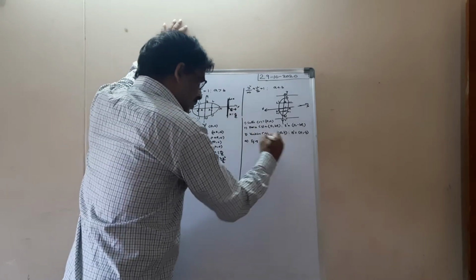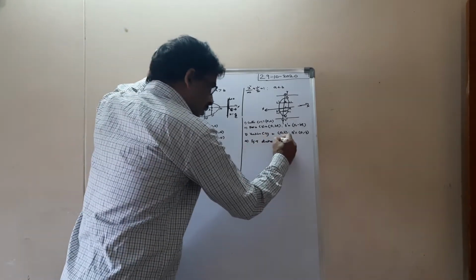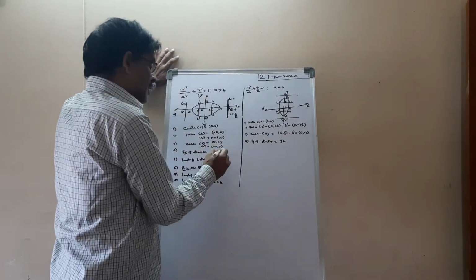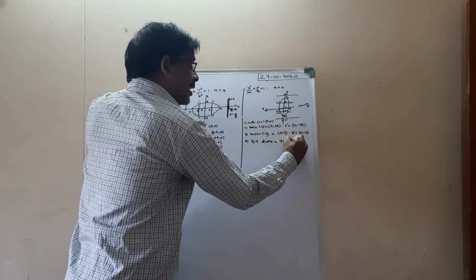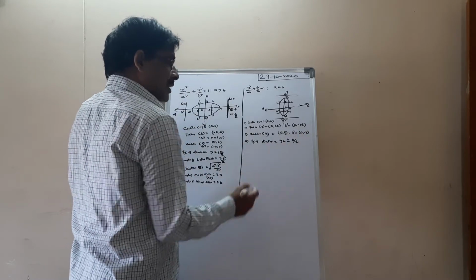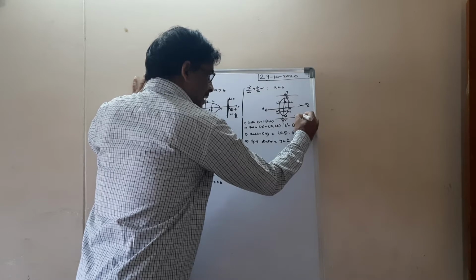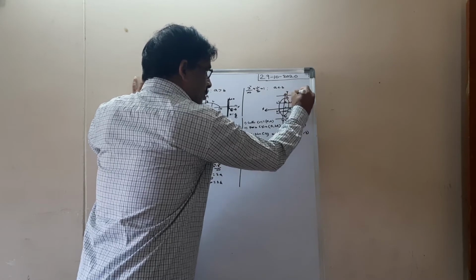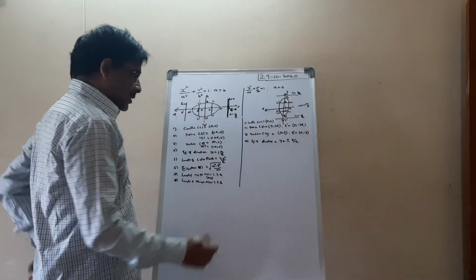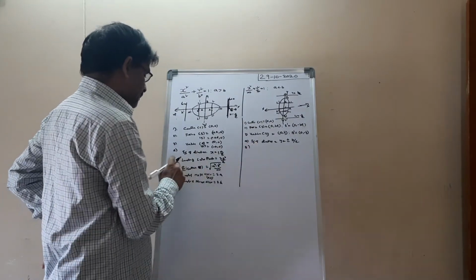See, in this, what is the equation of directrix here? y equal to plus or minus b by e. It means this is y equal to minus b by e, and this is y equal to b by e. Next, what is the fifth one?